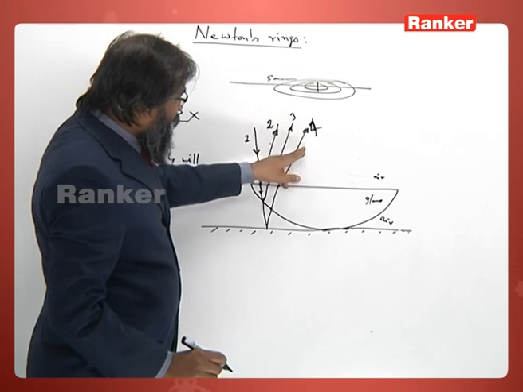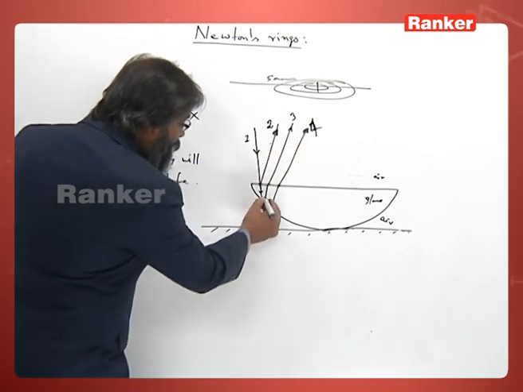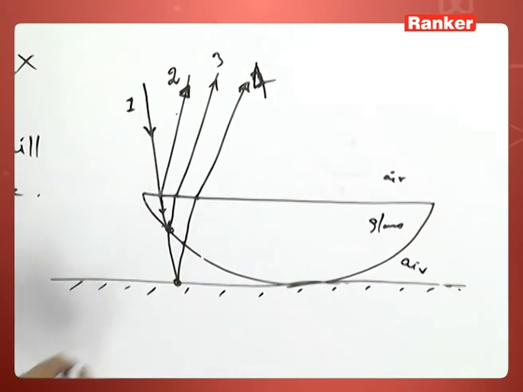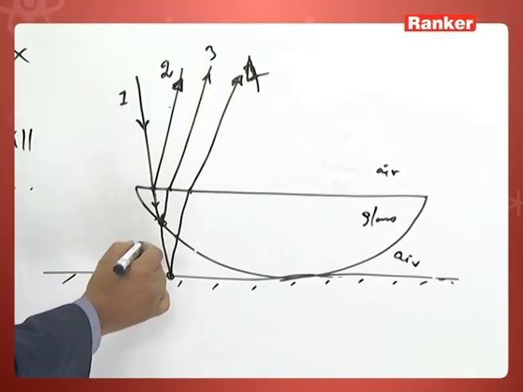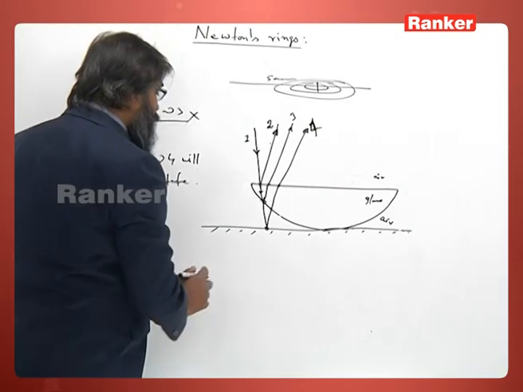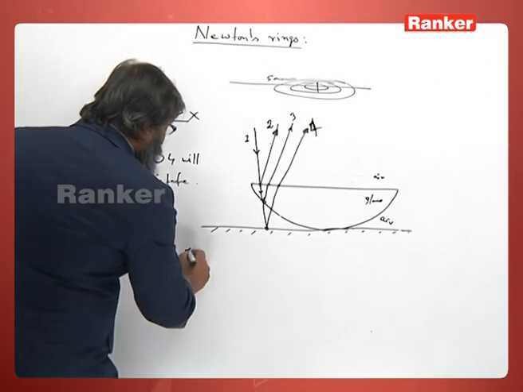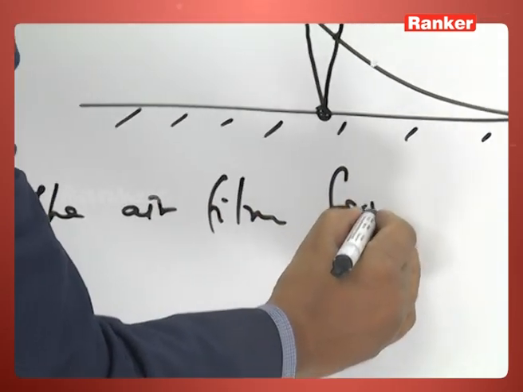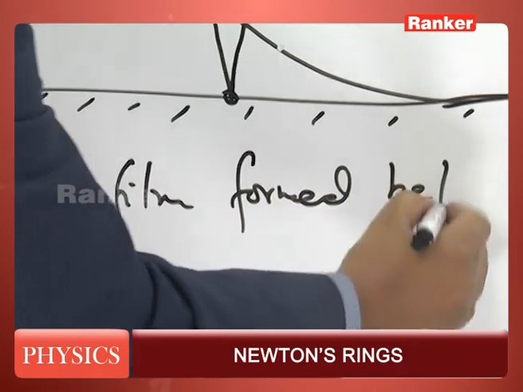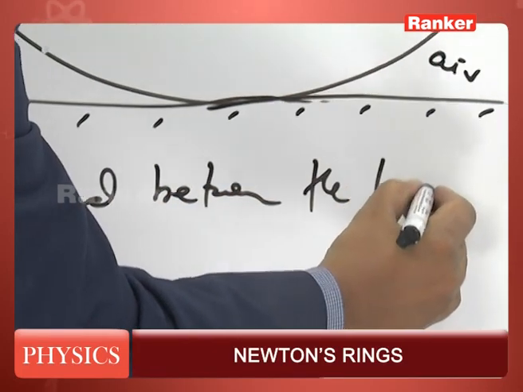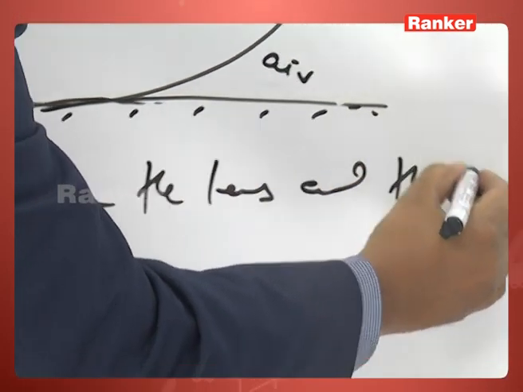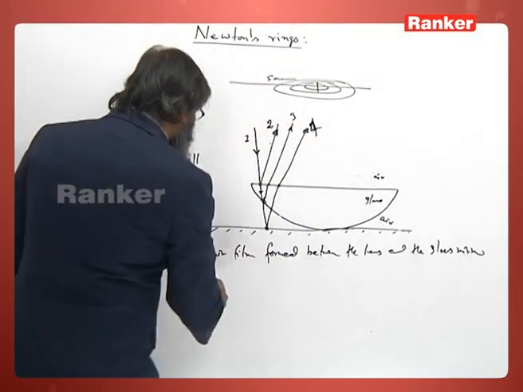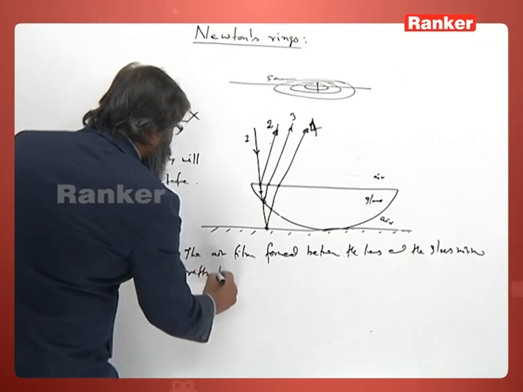The ray 3 will interfere with 4 because third wave is reflected from this point and fourth wave is reflected from this. That means here the air film is involved. So the air film formed between the lens and the glass mirror reflects the light